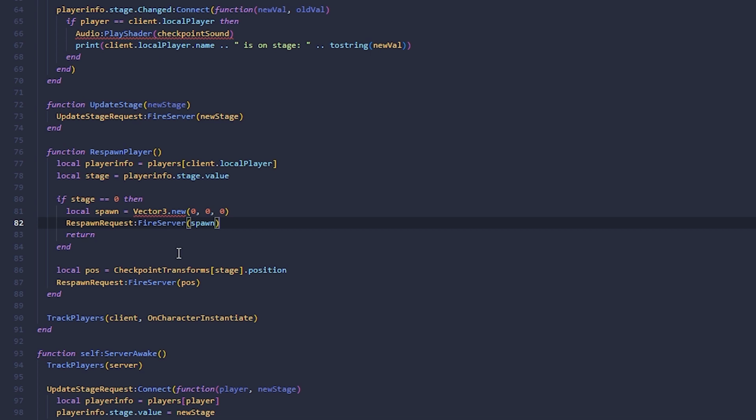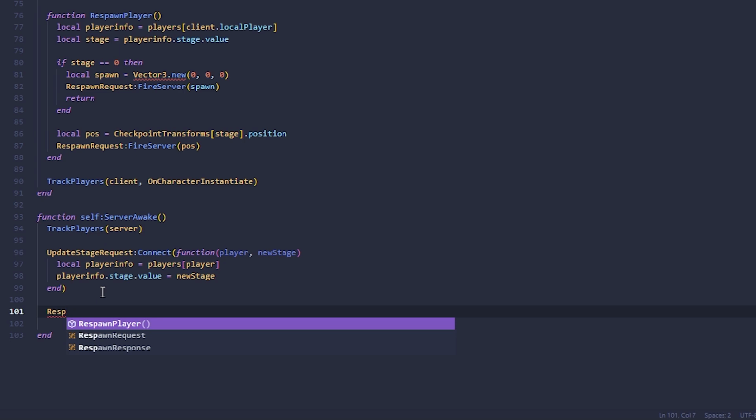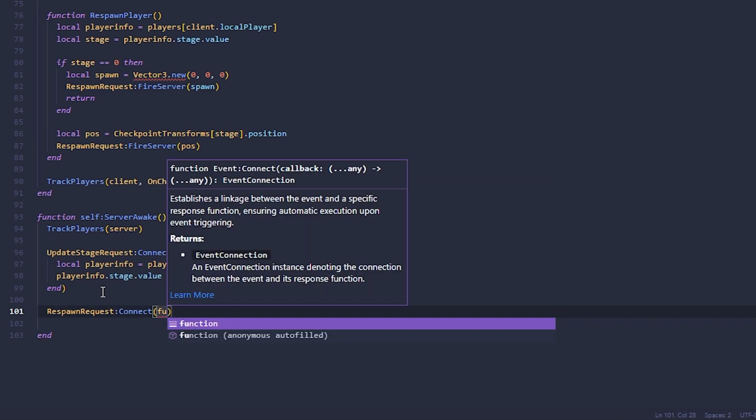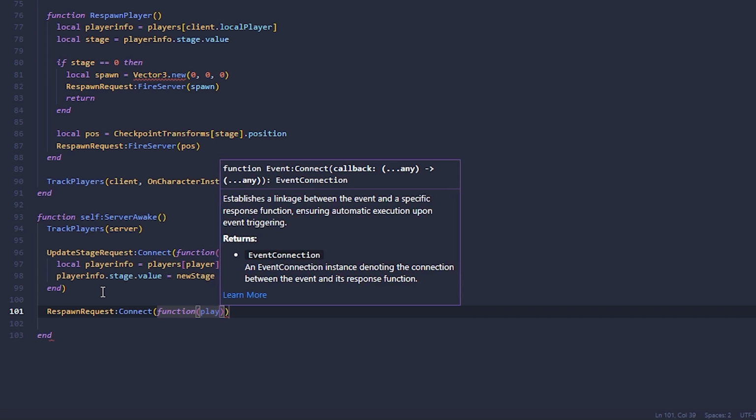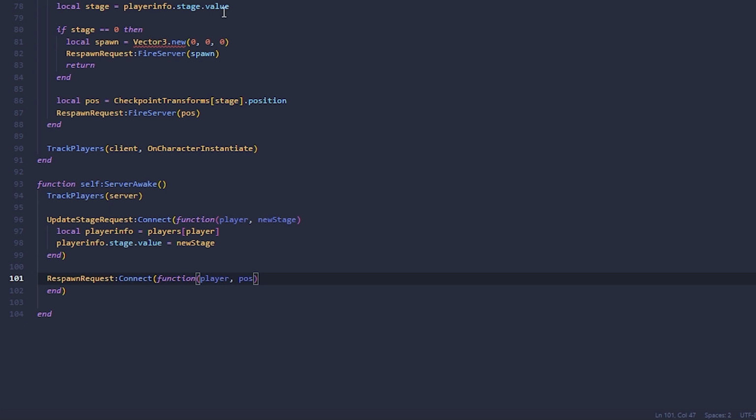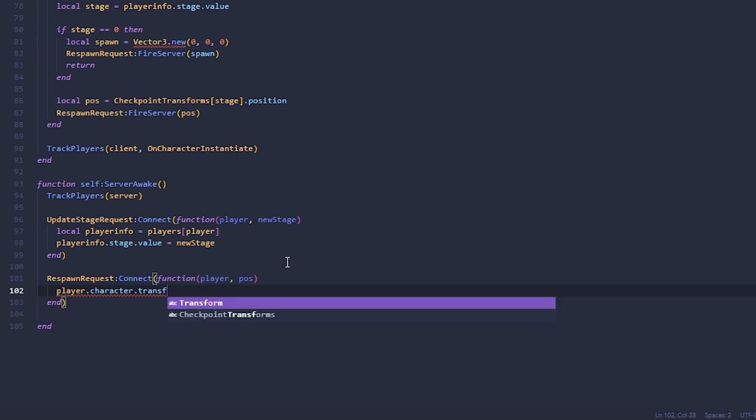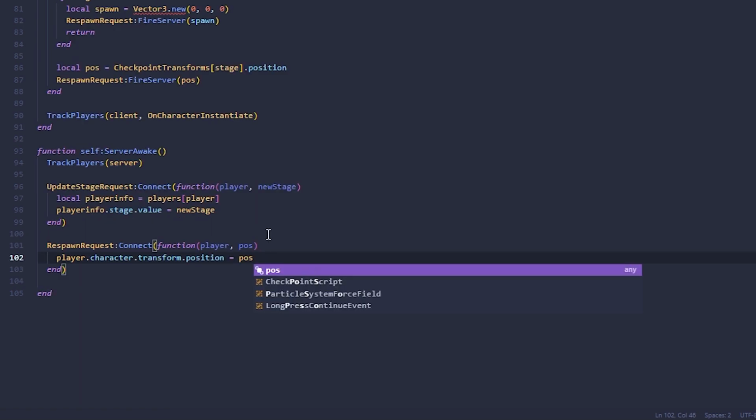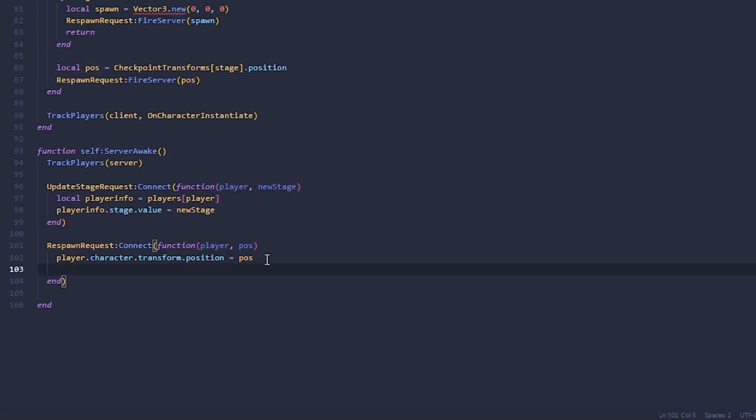Now that we send the event, we request the event, we have to listen to it and send it back. Like when we send it to the server, we have to listen to that event. So we're gonna say respawn request connect. That's how you listen to an event, and this also takes the player and the position that we passed earlier. So we're gonna say player.character.transform position equal to the position that we just got from the client,